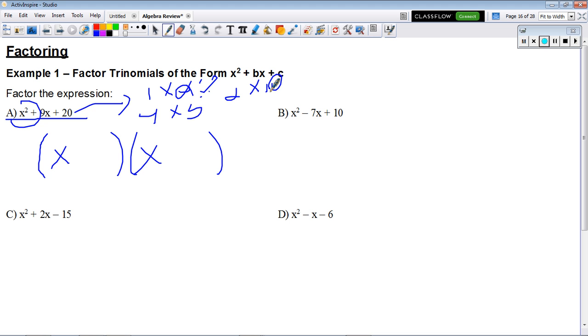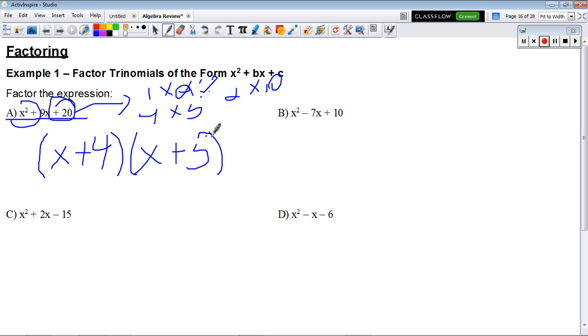Because this is a positive 20, that tells me the signs in the parentheses have to be the same, because the only way I could multiply two numbers together and get a positive is a positive times a positive or a negative times a negative. Which one I choose depends on the middle term. Since the middle term is positive, both are going to be plus signs. And if I put a 4 and a 5 here,